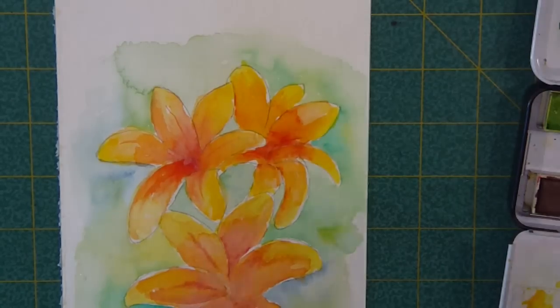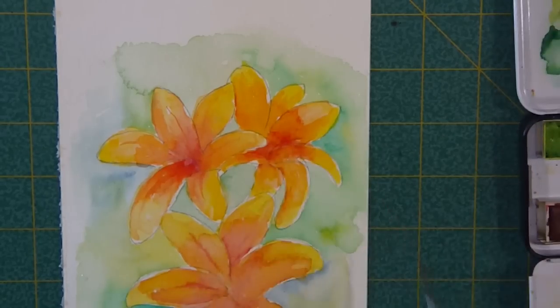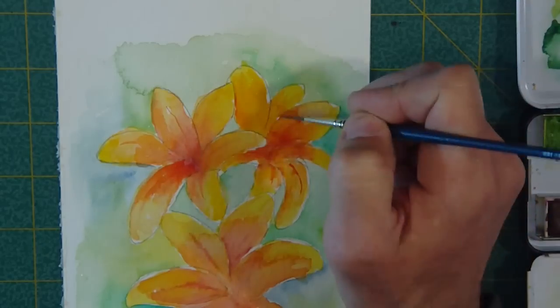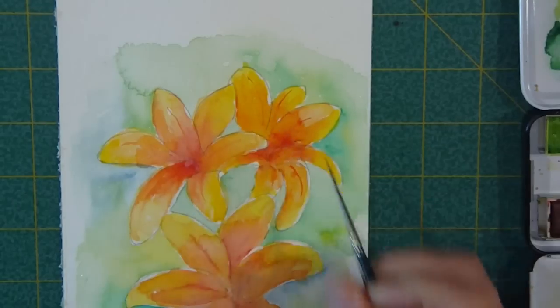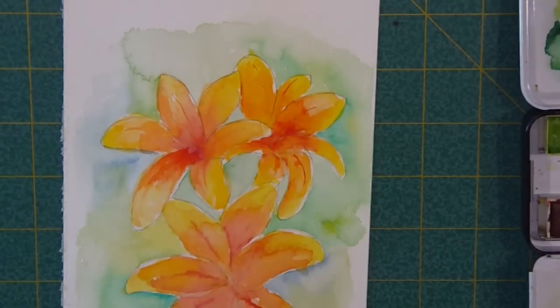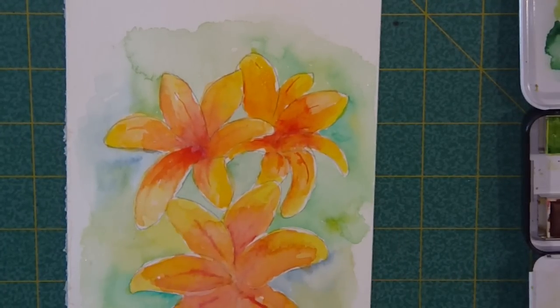I am going to put in a little bit of veining. I'm trying to look to the side to see how much run I'm going to have. There we go. I think that's about all I'm going to be able to do on that. We got a couple of other things to do here. I do want to come in and maybe put a little bit more in on the background,